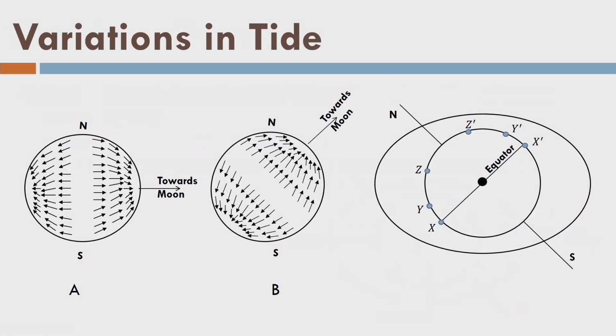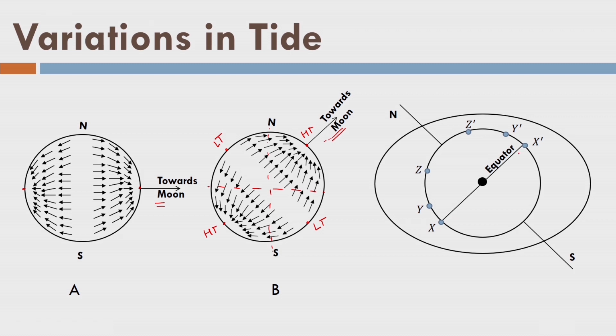Now we also observe the variations in the tide. Let us see, there is a moon and we have already resolved this problem, that there is high tide here and high tide here. What if the moon is like this? What will happen? Although this is the north south axis here and the equator is like this, this point will experience high tide and this point will experience high tide, and these points are low tide points here, you can see, and this is, let us say, high tide and high tide here. Now, you can observe the same situation here.